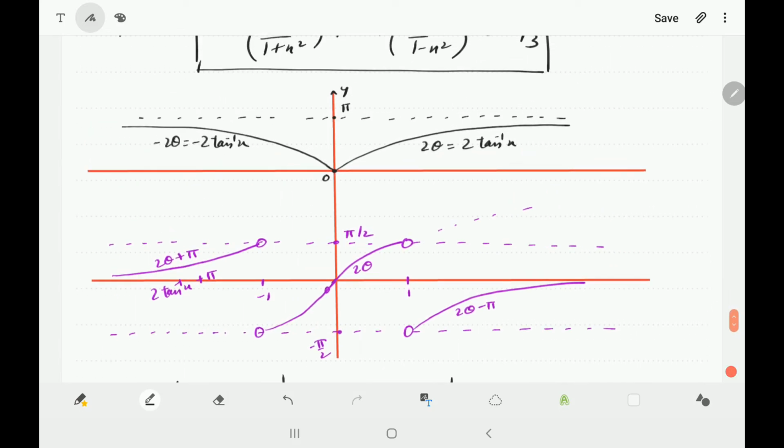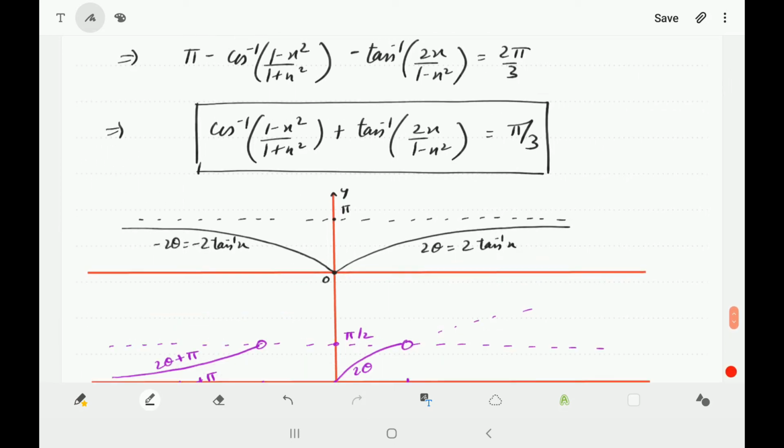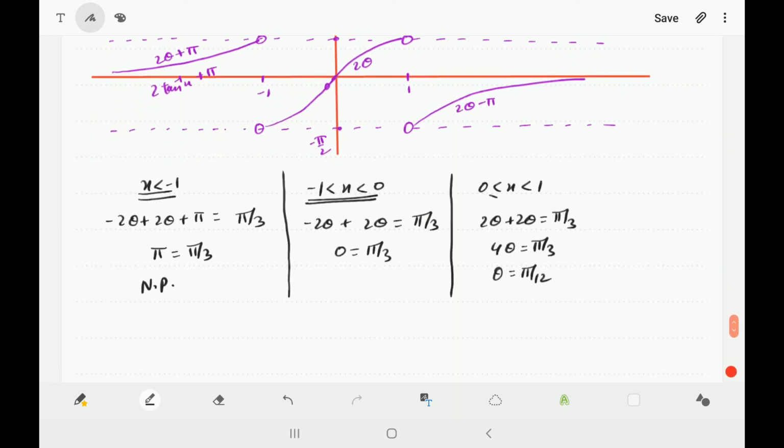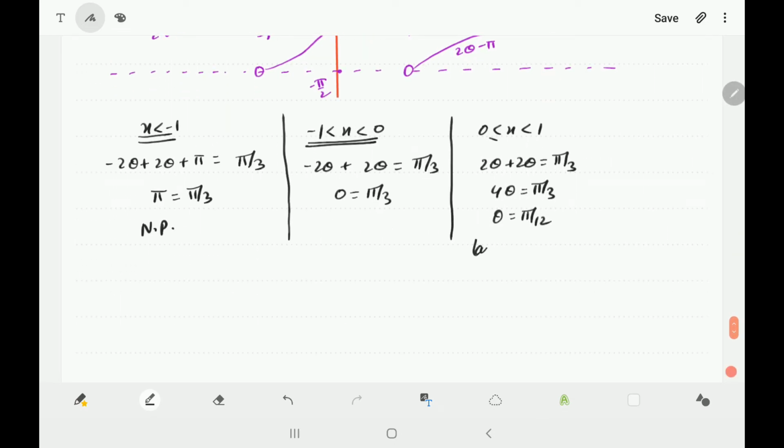Okay, and what is our answer? We have put x is equal to tan theta in both these terms, so we have to find the value of x only. So theta was tan inverse x, which is pi by 12, so x will be 2 minus root 3, which already lies between 0 to 1, because 2 minus root 3 will be 2 minus 1.732. Okay, so this is already the answer.